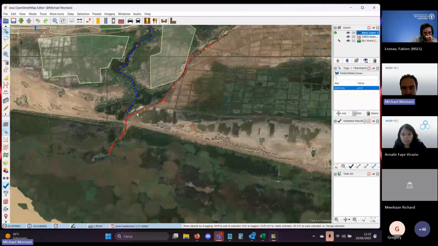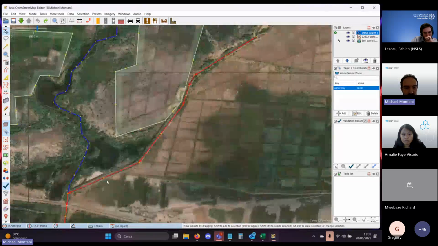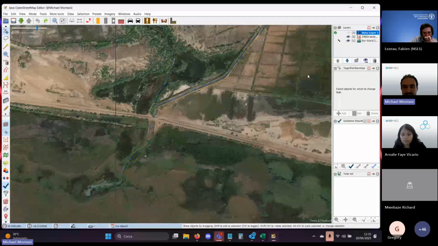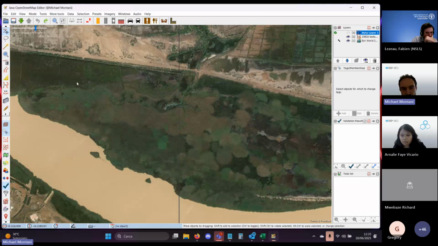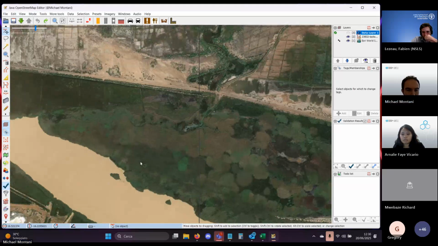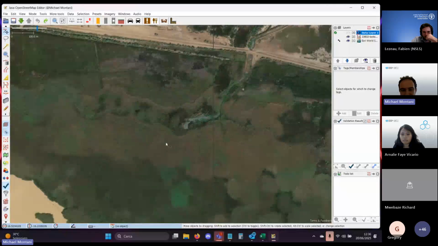So let's take for example this one. We can clearly see the canal because it's coming from the water. This is a wetland. This is a reed, a typical wetland vegetation.